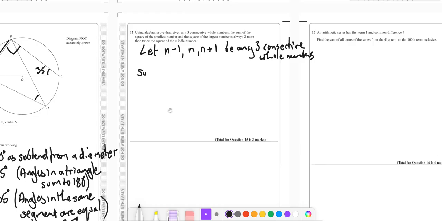The sum of the square of the largest and smallest